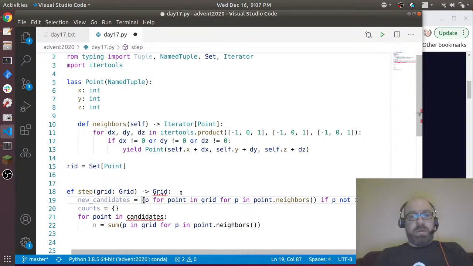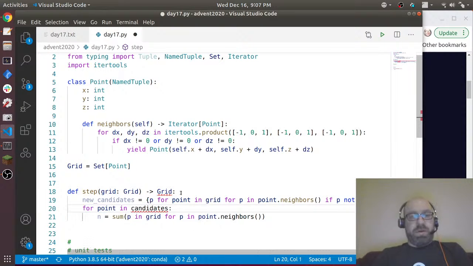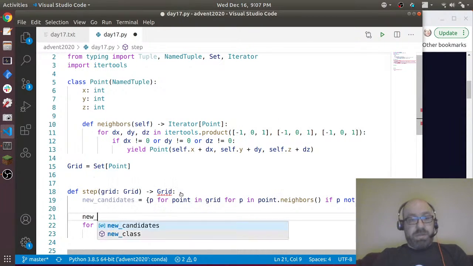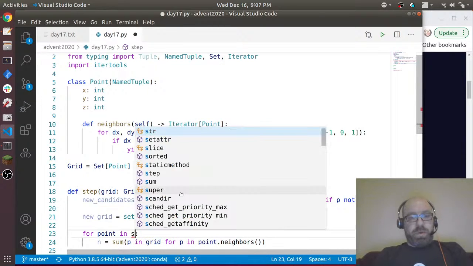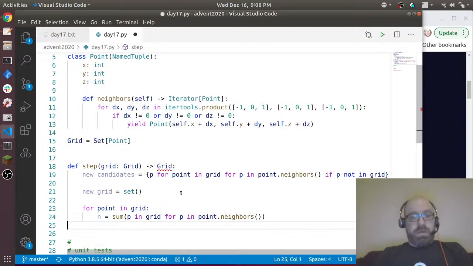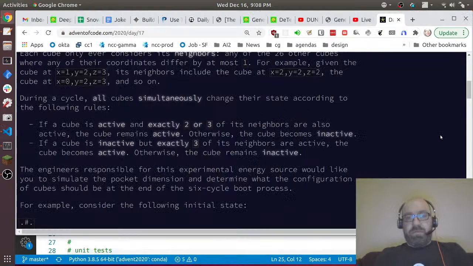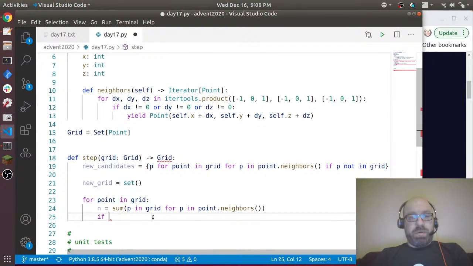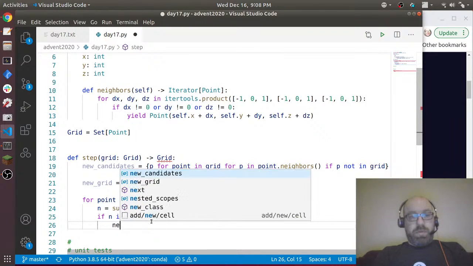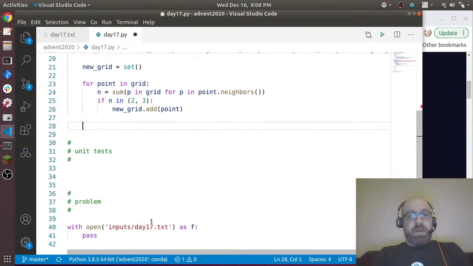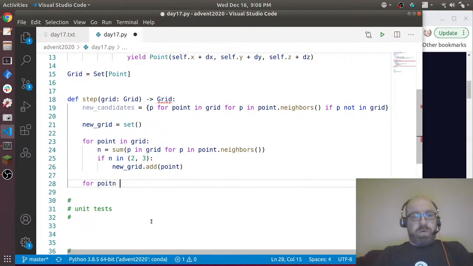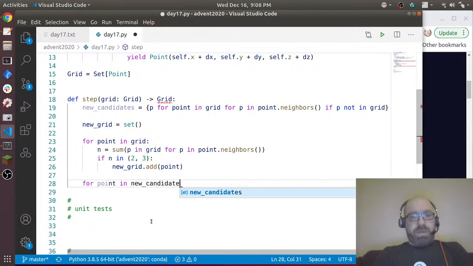Okay, so these are new candidates, and let's say new grid equals set. Okay, so we'll do 2 things. For point in grid, how many neighbors? If n is either 2 or 3, then new grid.add point. Okay, and now for point in new candidates,